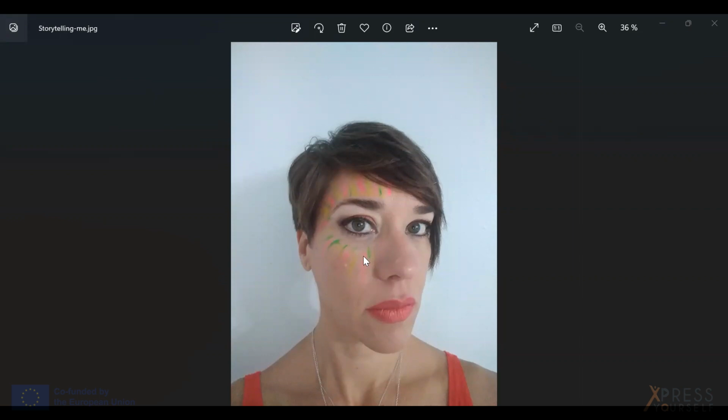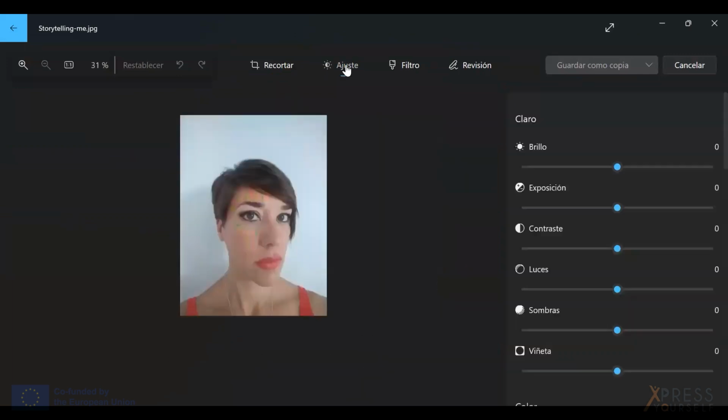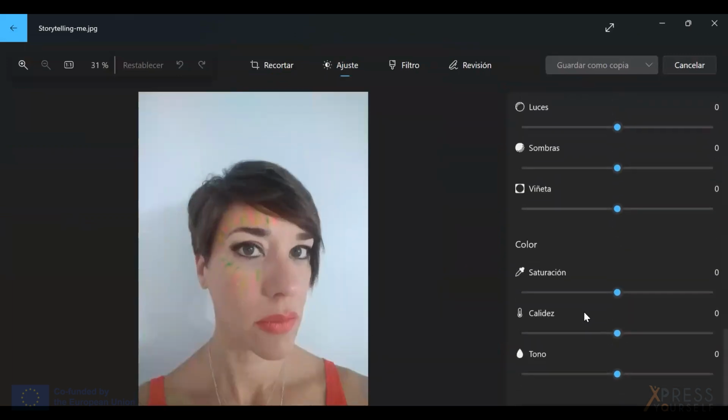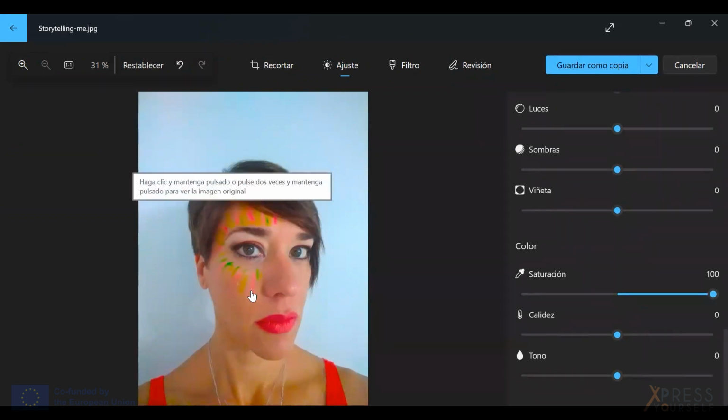There's makeup around here, there's orange, and there's makeup on my face. So that will be a better example for you to notice the saturation. If I increase the saturation in this picture, you see all the colors are enhanced. There's this makeup here. Now it is really visible to your sight.